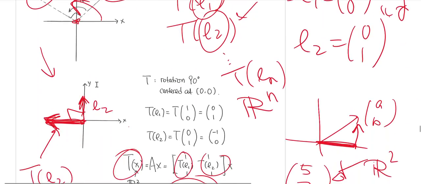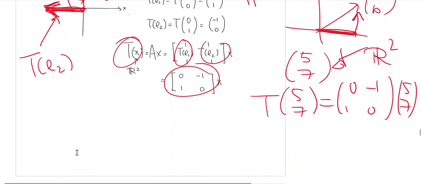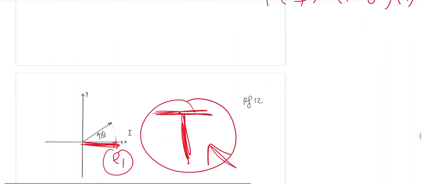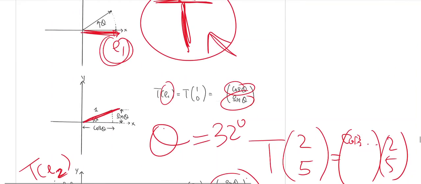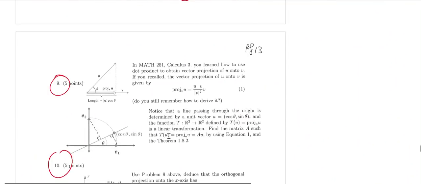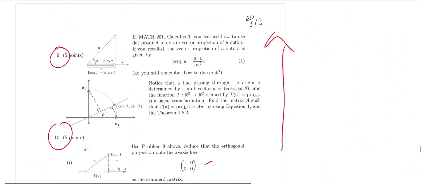So this is actually pretty powerful because when you try to write code to rotate an object or to reflect an object, you don't have to worry about every single coordinate because you have a formula for that, and finding that formula does not require you to look at the transformation of every single vector. As long as you know the image of the standard basis vectors under that mapping T, then you know everything about that transformation. And these are the homework